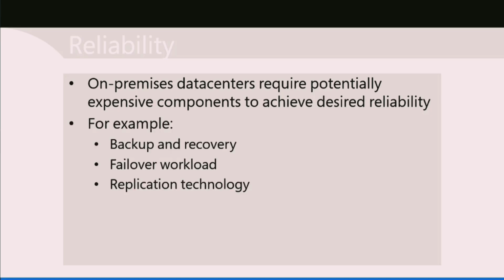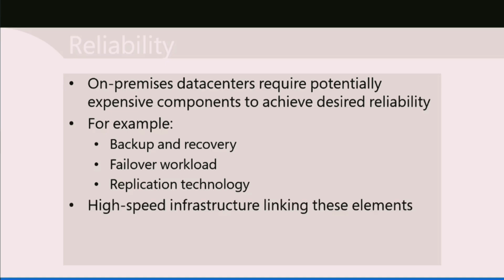So for example, simple stuff like backup and recovery, being able to recover a file to the latest hour, perhaps, so constant backups are taking place so that if a user overwrites a file inadvertently, we can go back to the one that was an hour old and they've only lost an hour of work, or whatever that value might be. Failover of workloads, as I said, if a file server fails or a data center fails or a disk fails, you can continue operating. Then you'll need some sort of replication technology to manage all of that. If you've got replication running between data centers, for example, you're going to need a very high-speed network infrastructure to link the elements together. Now, that's going to be expensive for you to host yourself.